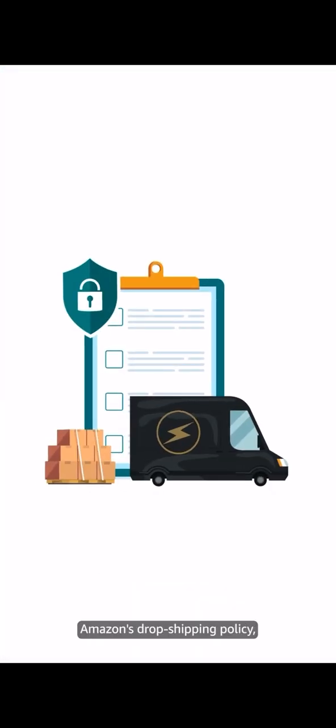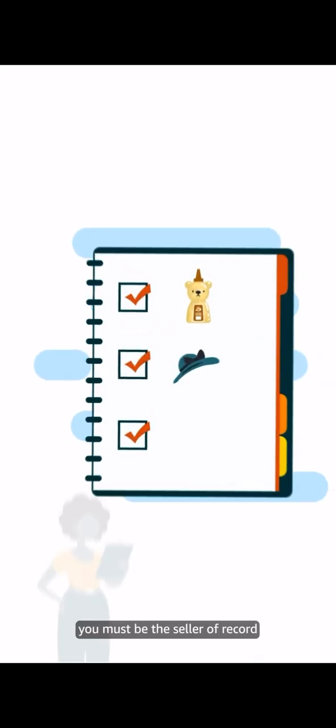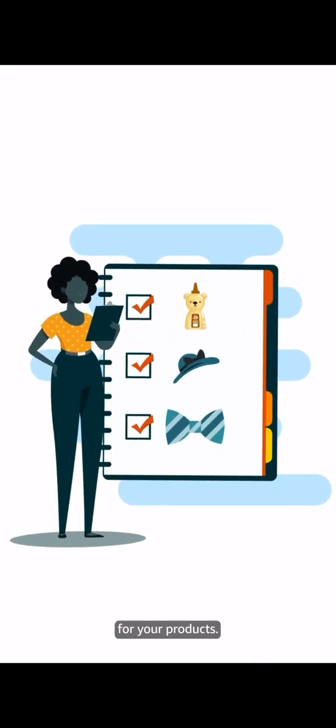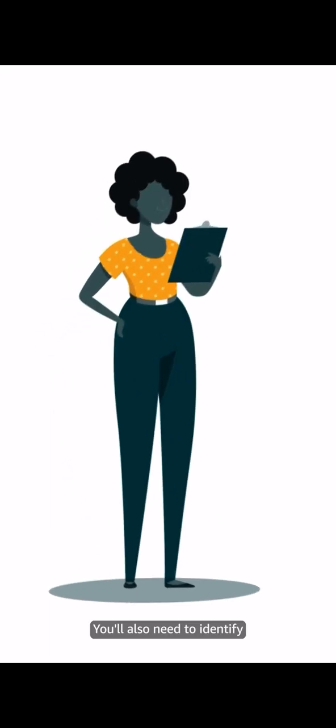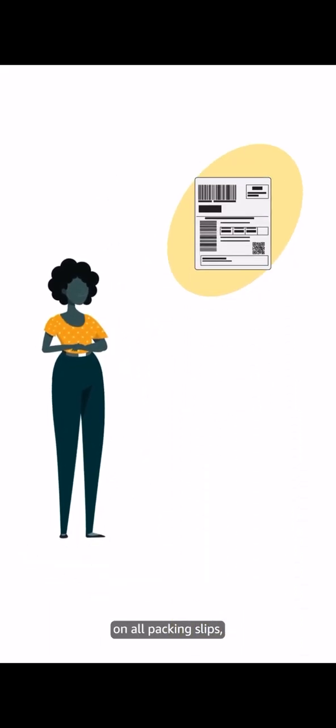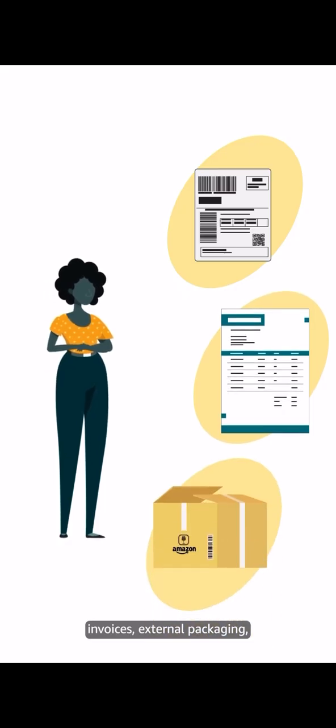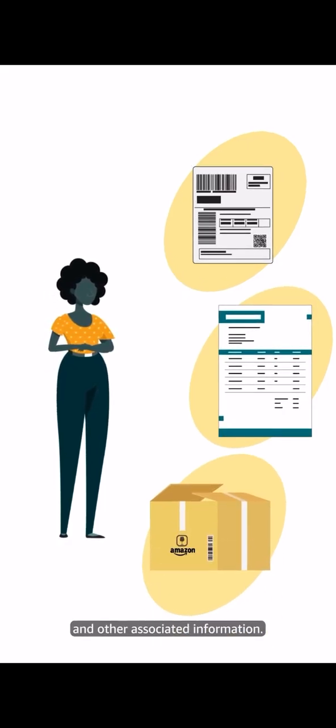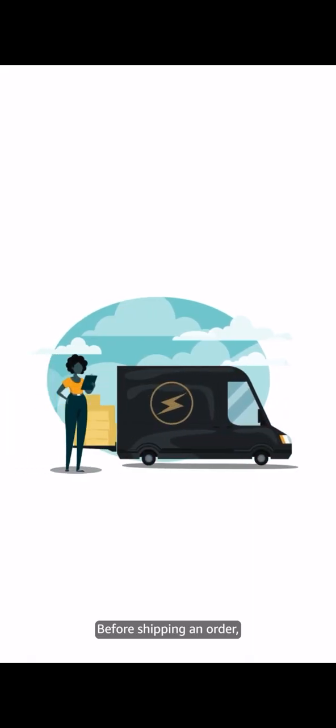To comply with Amazon's drop shipping policy, you must be the seller of record for your products. You'll also need to identify yourself as the seller of your products on all packing slips, invoices, external packaging, and other associated information. Before shipping an order, be sure to remove any packing slips, invoices, external packaging, or other information